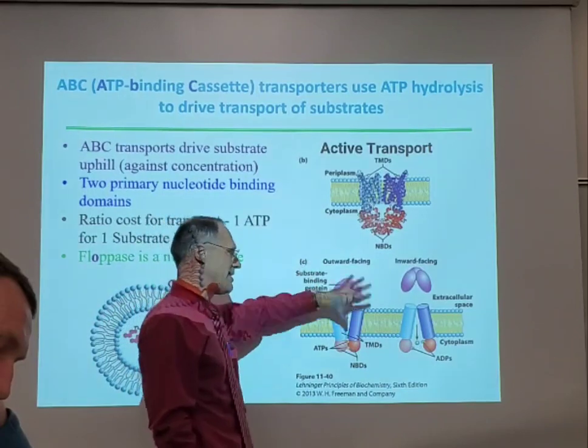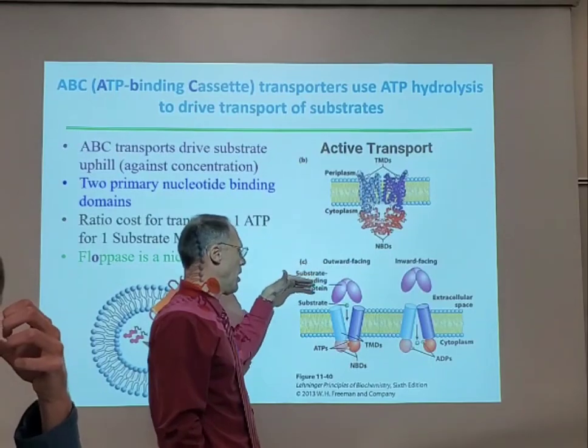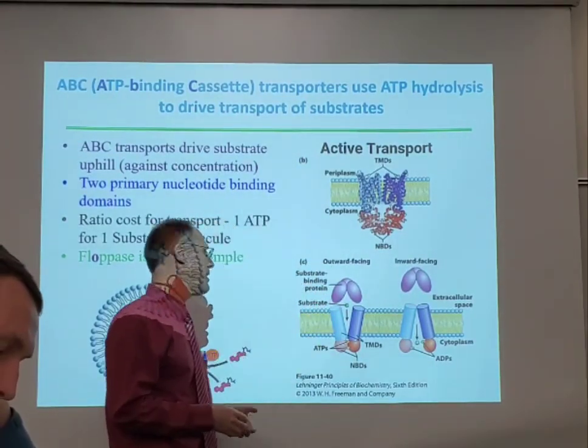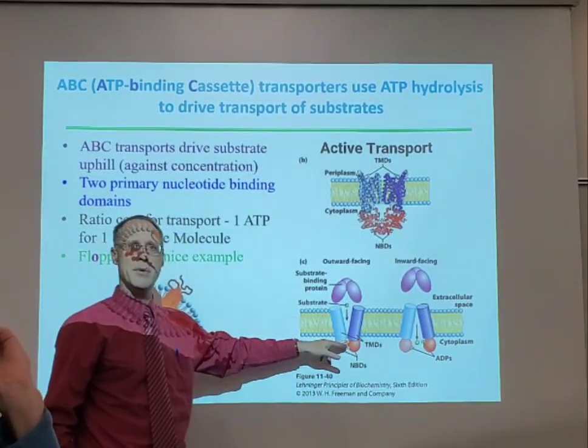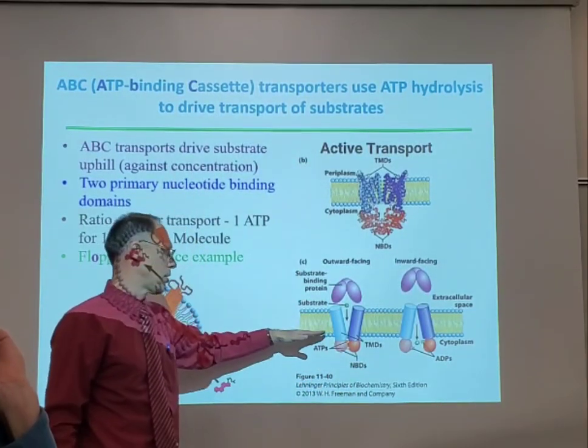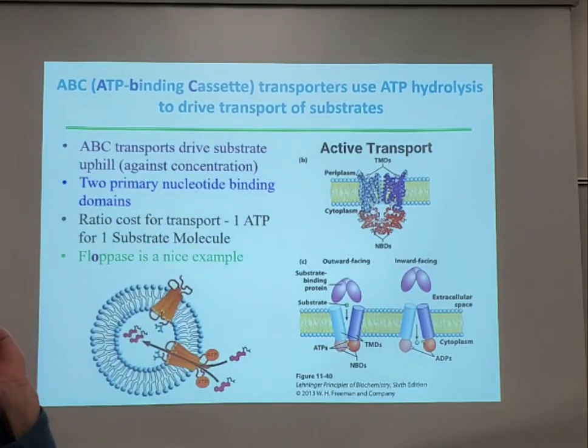What is it doing? By the way, this is not a flippase. That is one, okay? The substrate binds. In binding, it actually goes with a nucleotide binding domain. ATP is being used because this is an active transporter, and it binds the nucleotide binding domain to ATP, which actually causes it to do a conformational change with the substrate and the ATP in position. That's how our active transporter works as an ABC transporter. An ATP binding cassette is the ABC.